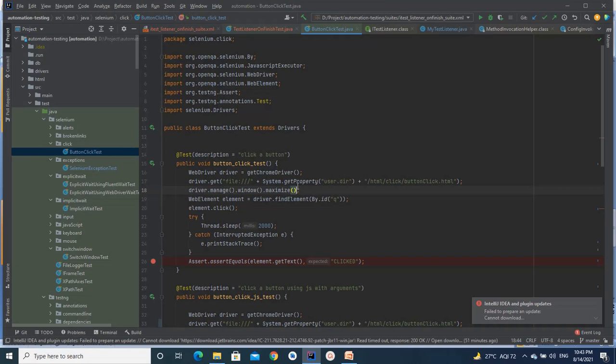So how to perform a click operation using click method of web element interface, we are going to see through one example over here. We have created a TestNG method where we are trying to open a particular web page.